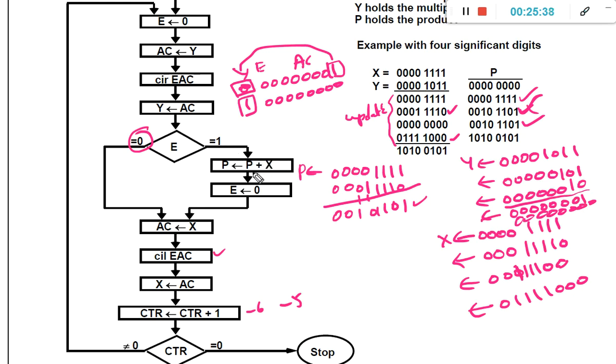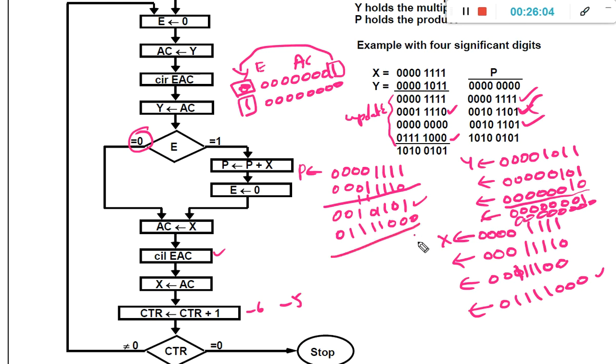Okay, because expansion bit is 1, you need to add the x value to the already existing p value. So what is the present x value? The present x value is this one: 0 1 1 1 1 0 0 0.